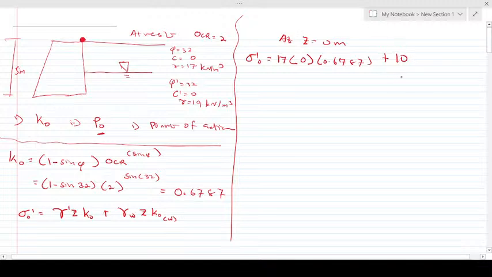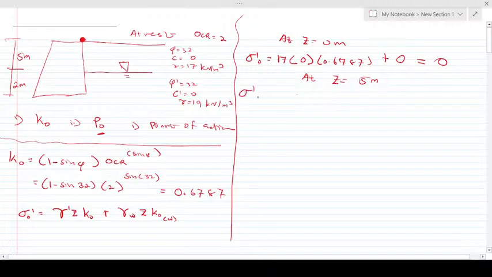Then, okay. So again, we are going to check at this point, z equals 0, do we have any water column above it? We don't. So meaning that the whole thing goes towards 0. Then we have our sigma naught at a z of 0 meters to be equal to 0. Then we proceed. The whole distance is 5, we have 5 meters here, we have 2 meters here. Let's make it this way. So z equals 5 meters,